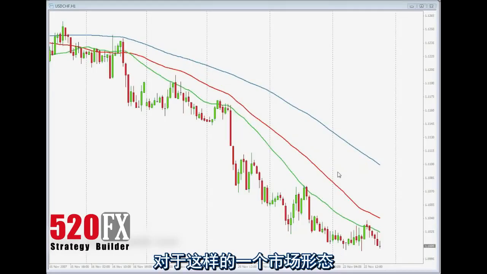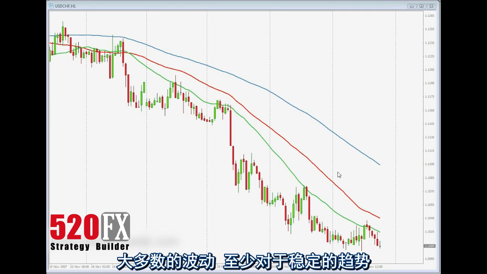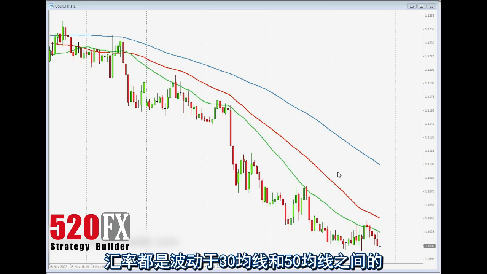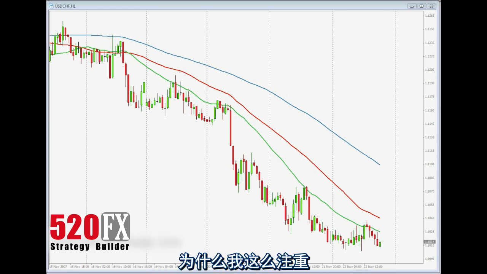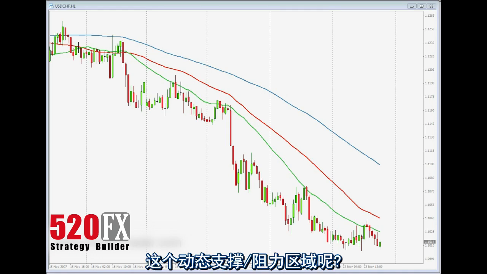The next scenario. In this type of market conditions, most of the swings, at least in a healthy trend, are contained, or let's say they bounce off this area between the 30 and the 50 moving average. The reason why I like to keep an area on the dynamic area of support and resistance,